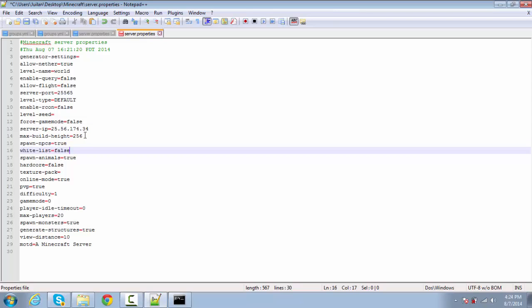Now max build height you can leave. Whitelist, you can have this on true or false. A whitelist is basically if random people try to join your server, they won't be able to. It'll say you're not whitelisted. So if you want it to be an online server, keep it as false. But if you just want your friends, you can just put it true, and that means only your friends can